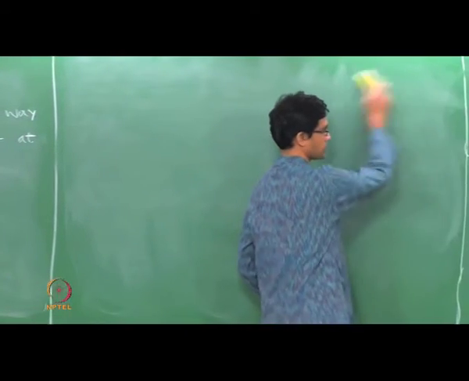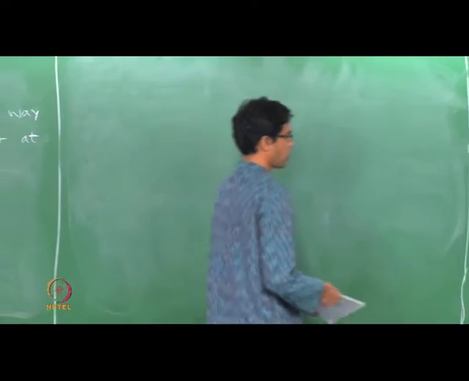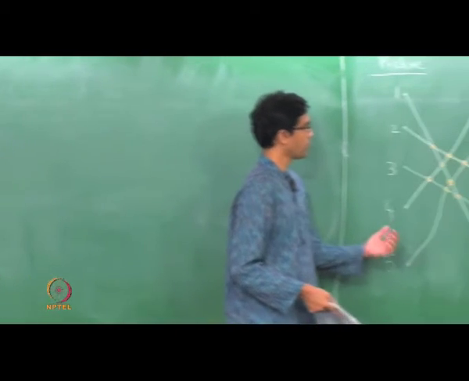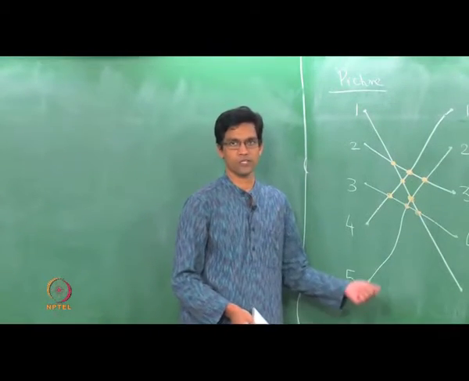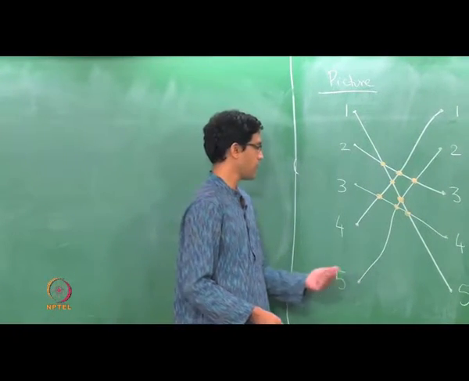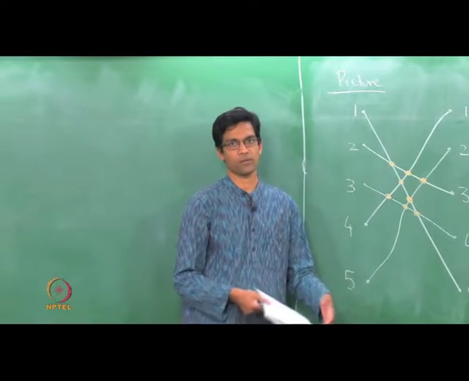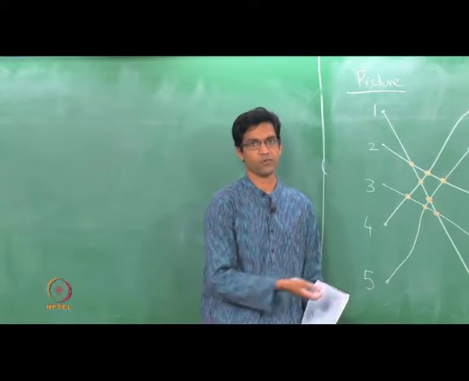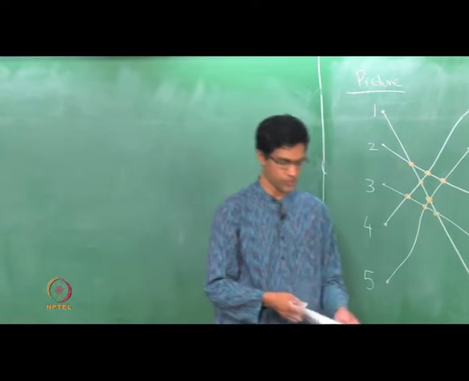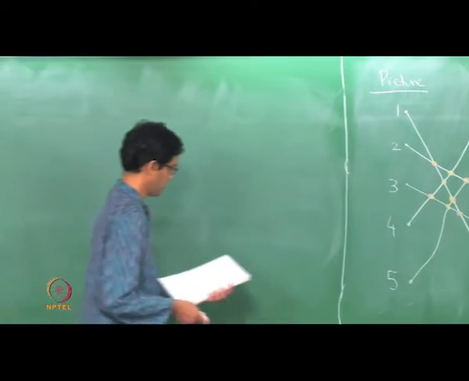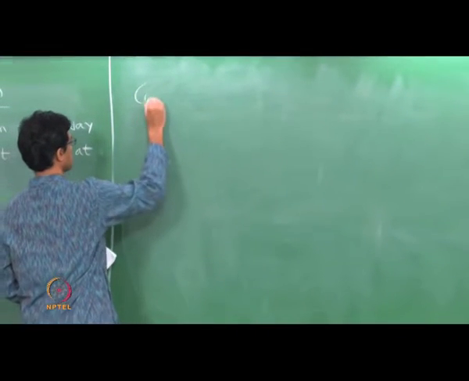inversions or crossings. So now what would an odd permutation mean? Well, how do you check if something is odd? You will draw this diagram of pi and then count the number of crossings. So if the number of crossings is odd, then it is an odd permutation. If the number of crossings is even, it is an even permutation. Now this whole business of sign is especially interesting